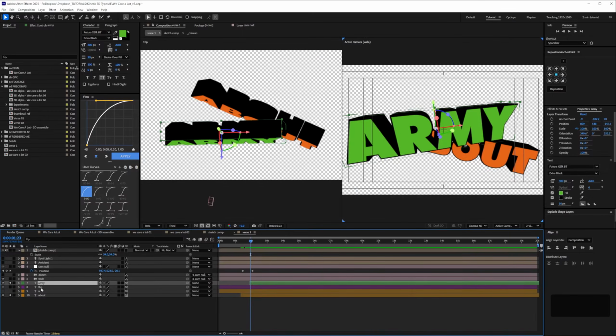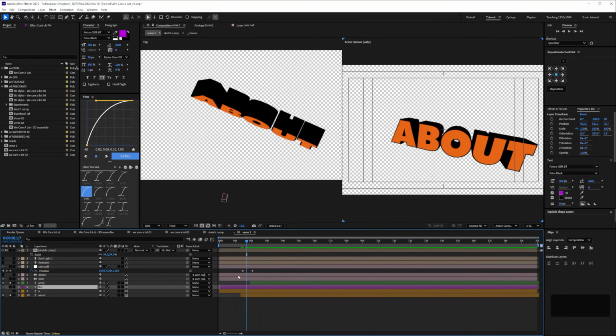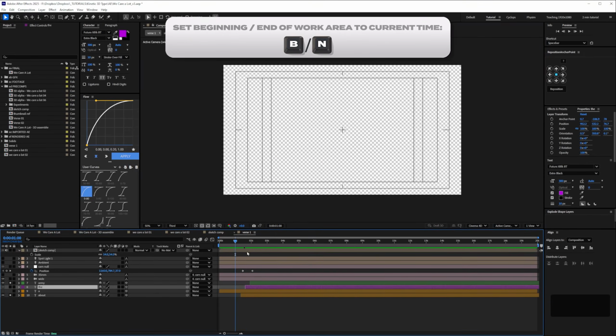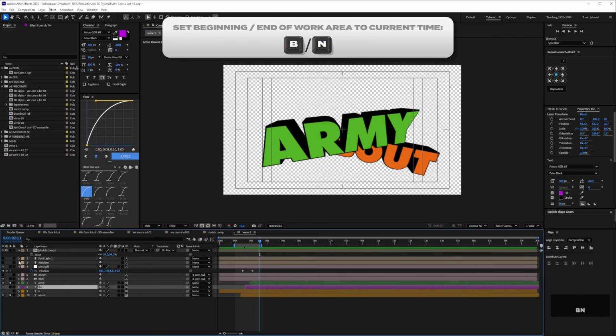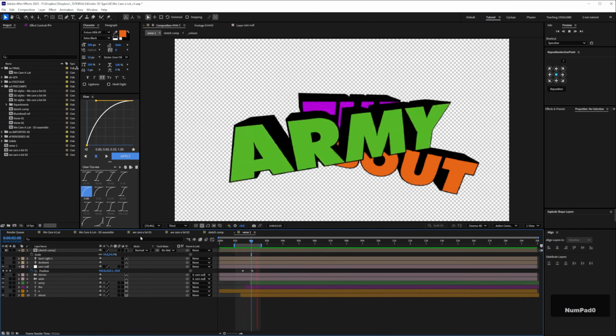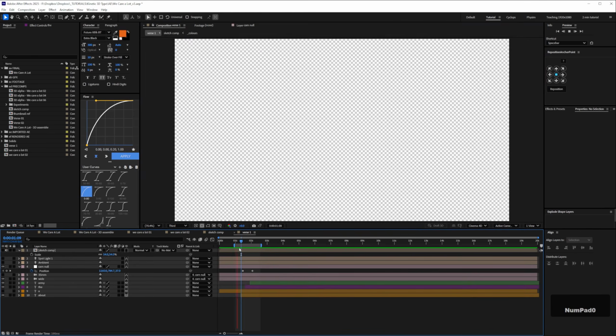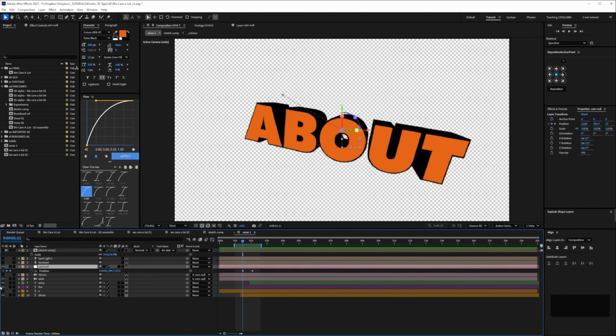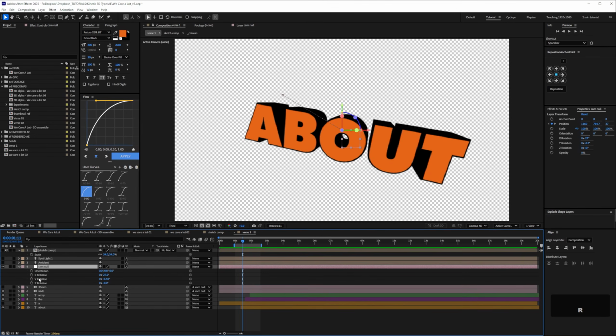So what we'll do is time this to come on roughly with the track. And this is super sketchy. Let's just preview it. Okay, so that's hilariously unimpressive, but if we add maybe some rotation on the camera null, and you can either